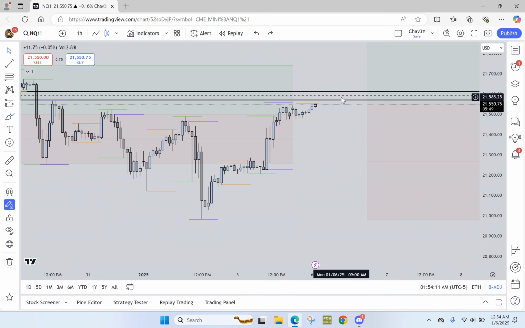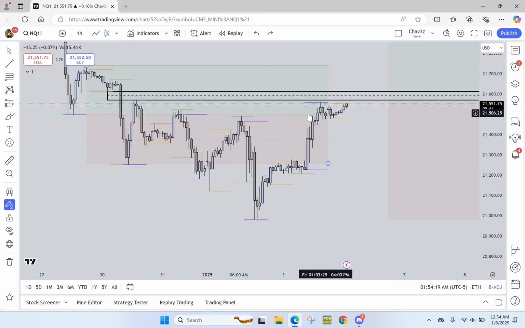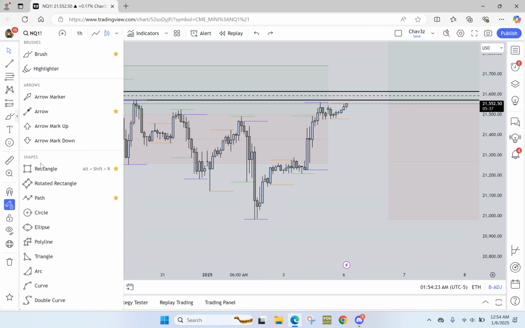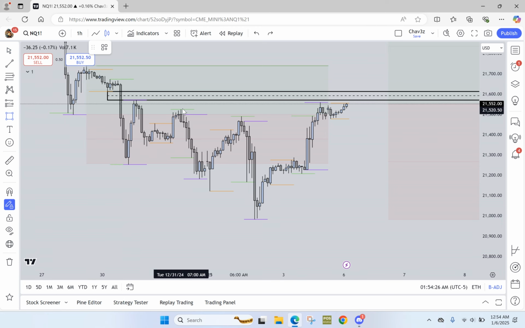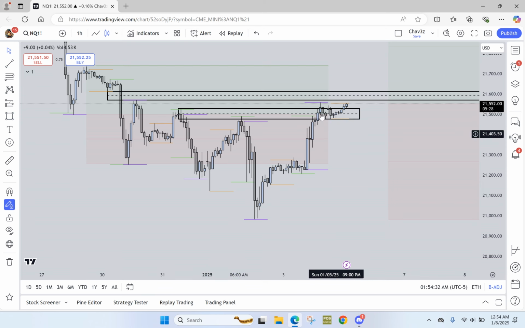We have our 4 hour fair value gap, or our higher time frame PD array, but ultimately we're literally just trading above this area of support, right? This is a really big area of support, or this is an order block right here, right? A rejection block, sorry, or an order block, however you want to map it out. And we're literally trading inside of that order block, turned it into a breaker, and now we're going to retest and go higher. If we fail to close above this PD array's equilibrium,